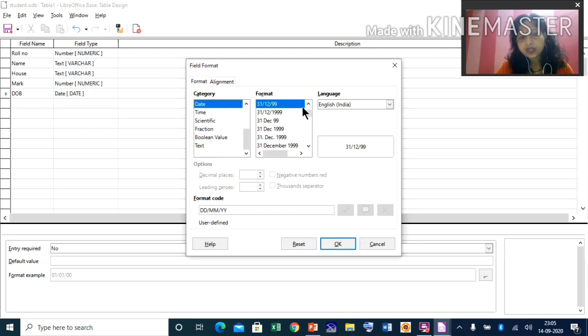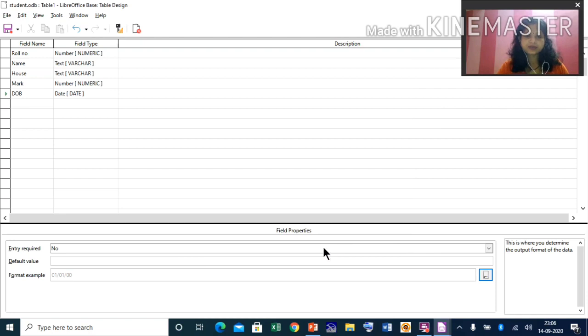Okay, so here you select one date type of data, means which format you want. Suppose this format means date, month, year, or this, where you want to write date, then full month, then the 4 digits of year. Anyway you want, select a date format. Suppose I have selected the first one, then click on OK.